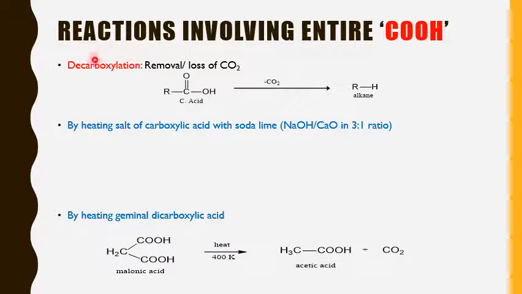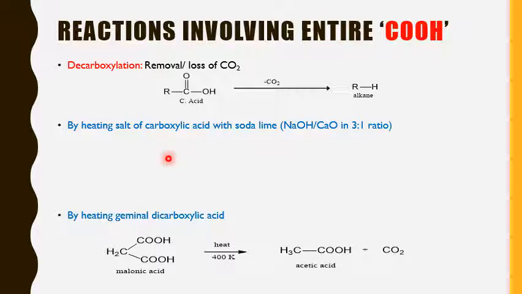So, what is decarboxylation? When you have an acid molecule, here I am taking a monocarboxylic acid with one COOH attached to the R group. When this CO2 is eliminated, what does it give? Just imagine removal of CO2. What is remaining? R and H will be remaining. So, what are the ways that we can have this decarboxylation? Let us see.